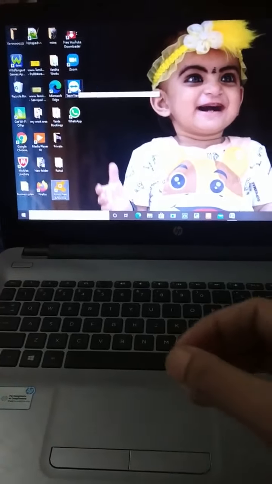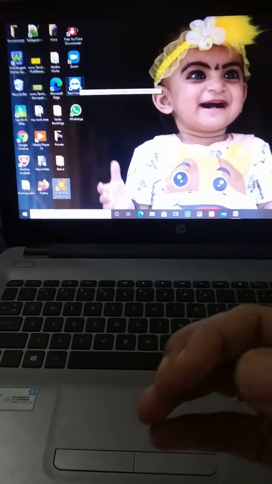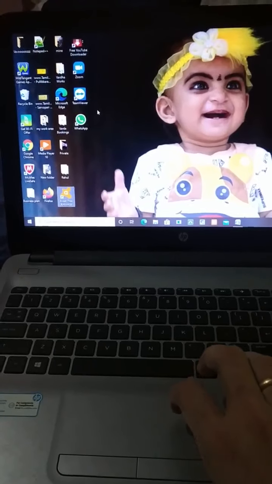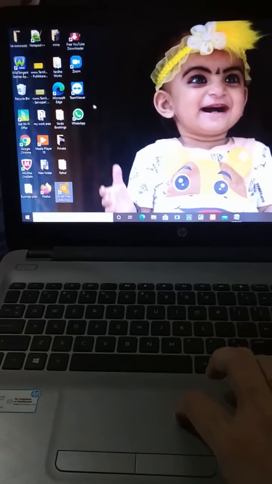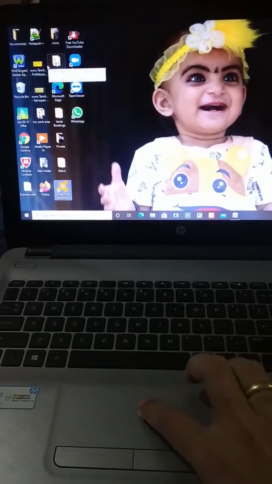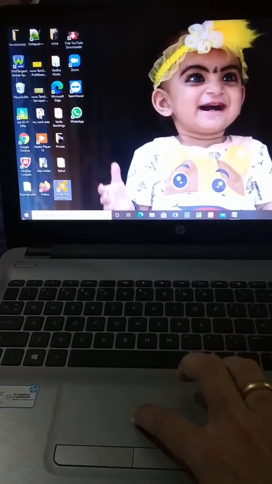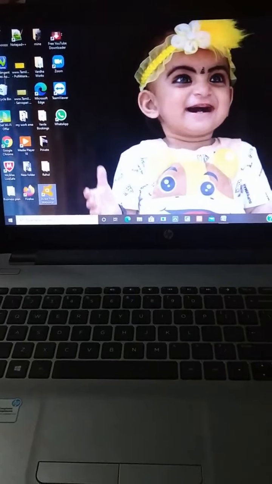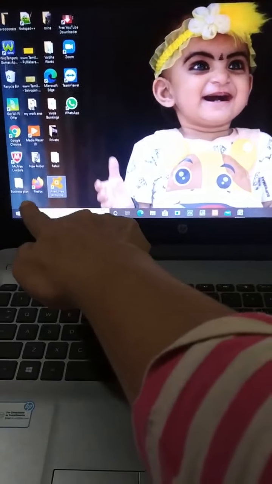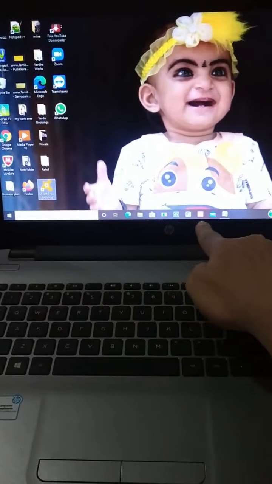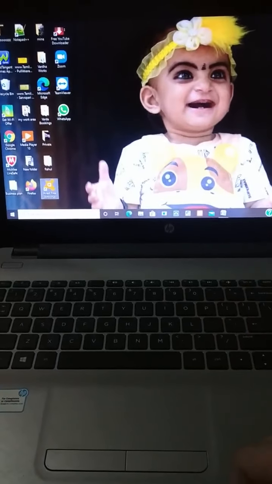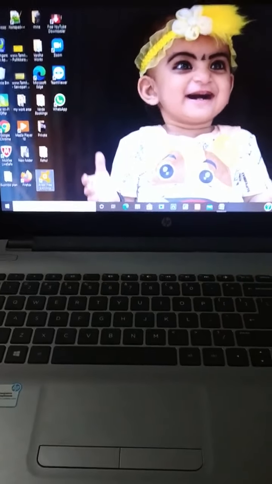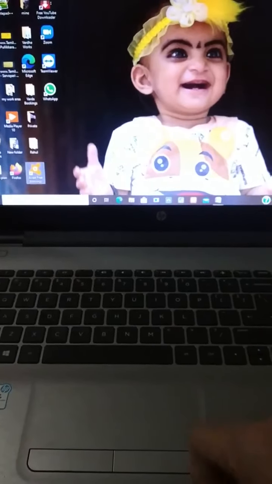The programs you have installed in your computer system will appear on the desktop as a shortcut to open the program. All the programs that appear on the desktop are known as icons. Even the programs that appear in this long bar. What is this long bar called? This long bar on the desktop is known as the taskbar. In any program, if you see this long bar, consider it as the taskbar.